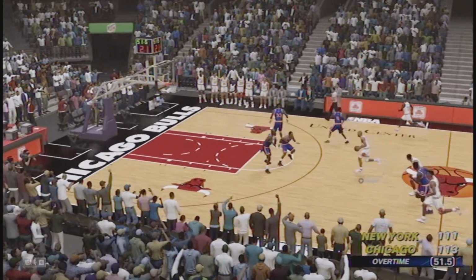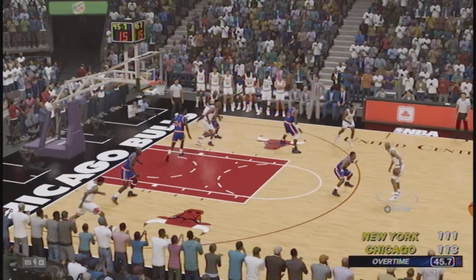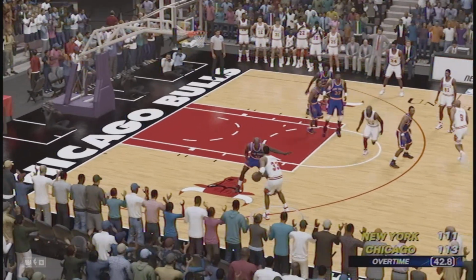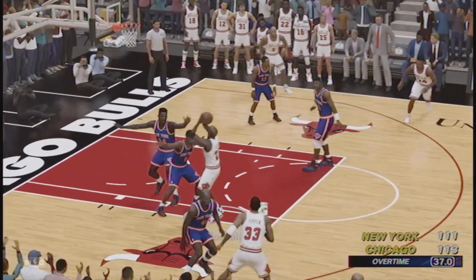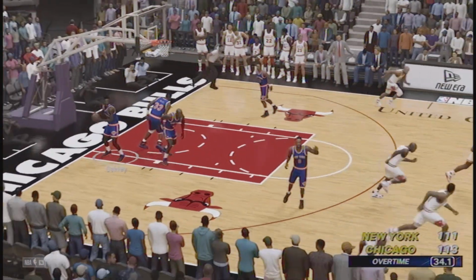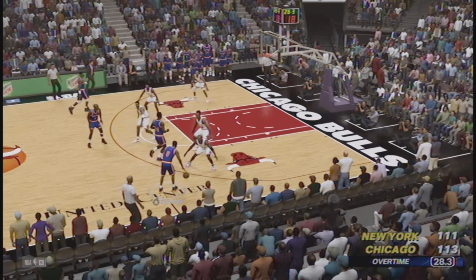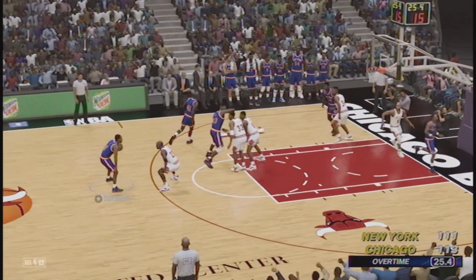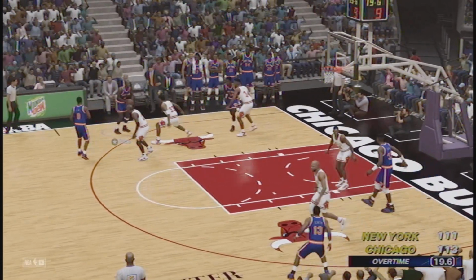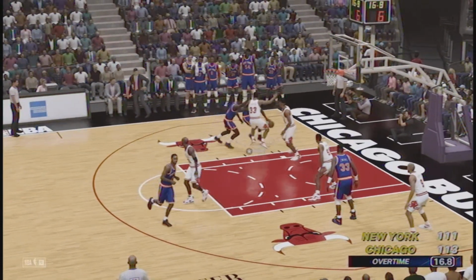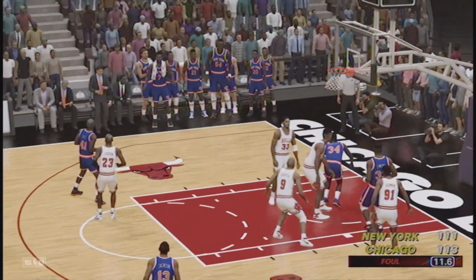And now the Bulls, they have a chance to ice this game. Maybe. Can they make a shot here? A crucial possession for them. Ron Harper passing it to Scottie Pippen. He's going to pass it to MJ. MJ can't make the shot. Can't ice the game. The Knicks get the ball back. Spree dribbling, handling the ball. Tries to penetrate. Jordan won't let him. He passes it off to Rice.